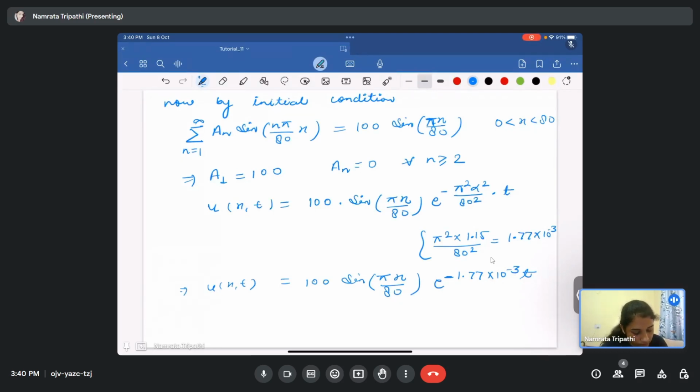So we have to calculate the time T, when the temperature distribution becomes 50 degrees. For the second part, 50 degrees, sine πx upon 80 into